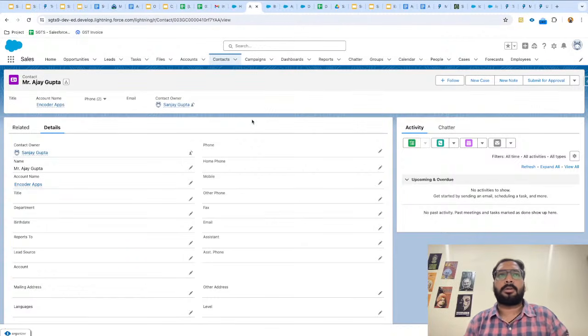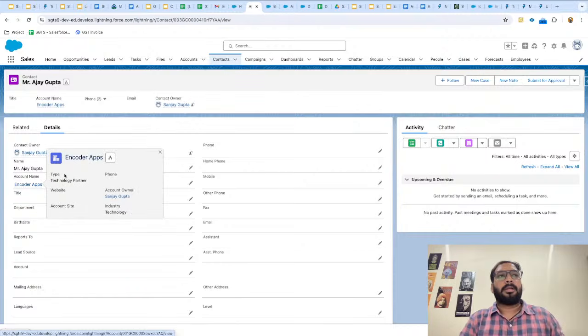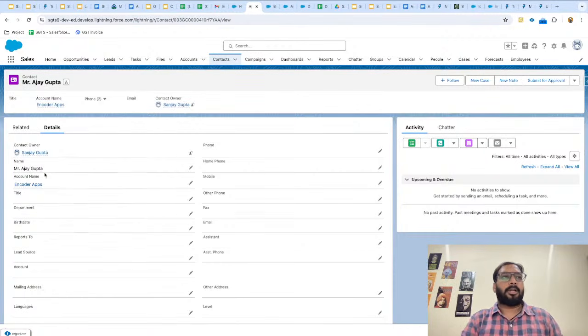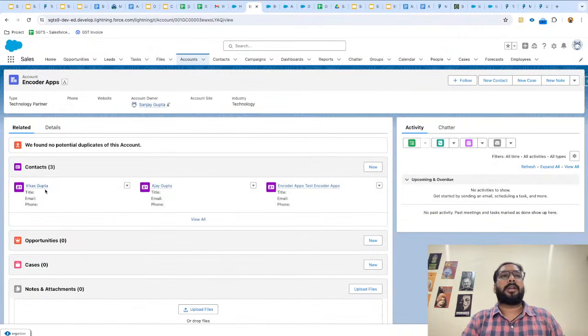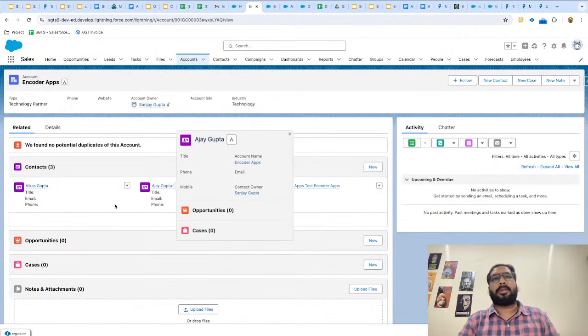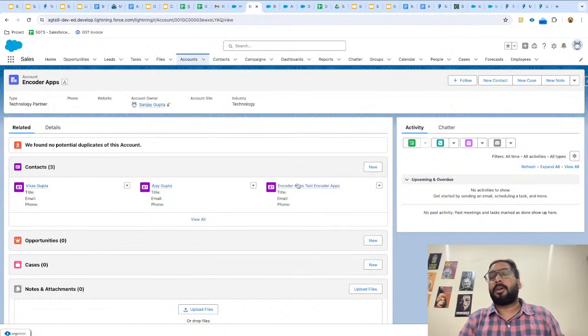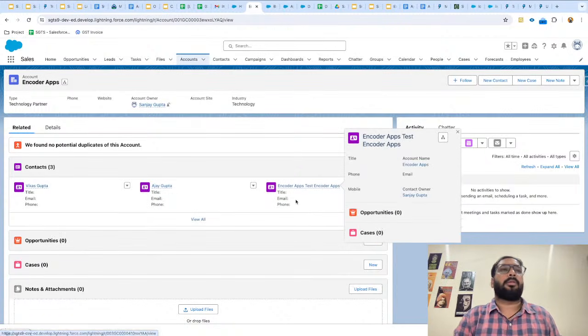For that also we have a feature in Sales Cloud, which is known as Person Account, that I will be discussing in the next session. Right now we are creating business accounts. Whenever we create a business account for any organization, there will be lots of employees. So I created employee number 2 record, which is a contact. Now if I click on this account, in the related list I will see Vikas as well as Ajay. Two records are available here. This one was created through an automation, so you can ignore this one.